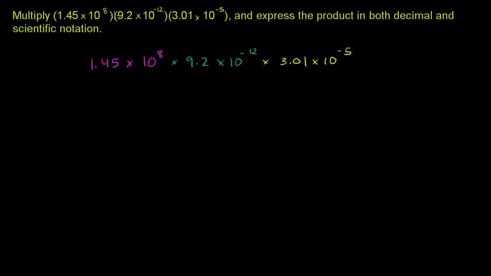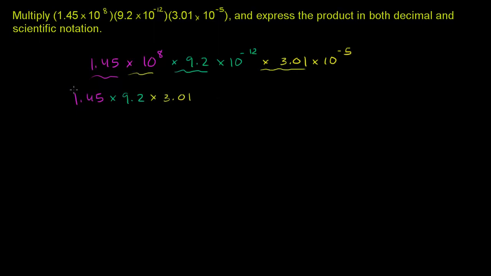All this meant when I wrote these parentheses next to each other is that I'm just going to multiply this expression times this expression times this expression. And since everything involves multiplication, it actually doesn't matter what order I multiply in. And so with that in mind, I can swap the order here. This is going to be the same thing as 1.45, that's that right there, times 9.2 times 3.01